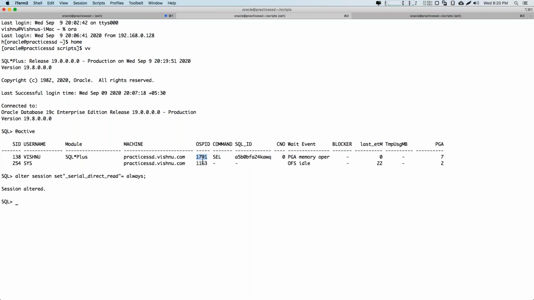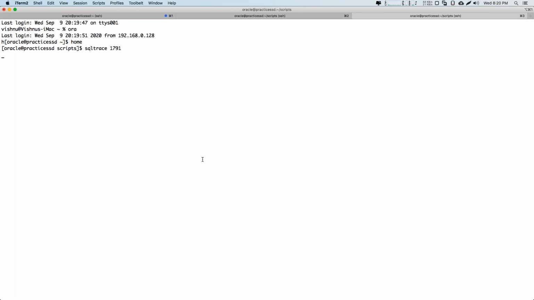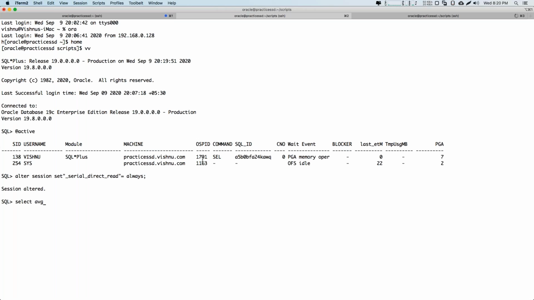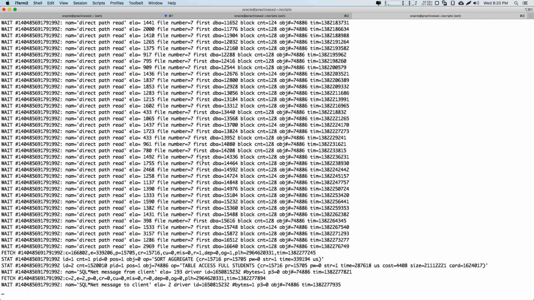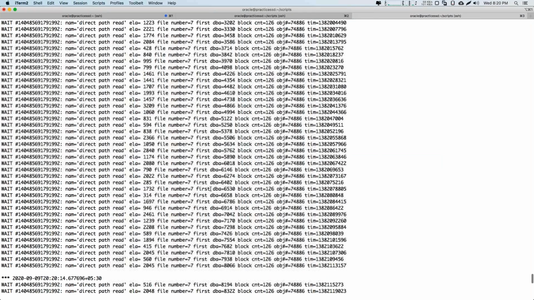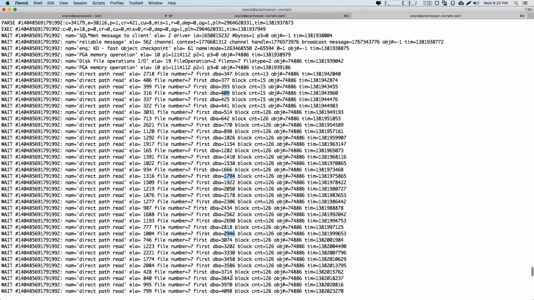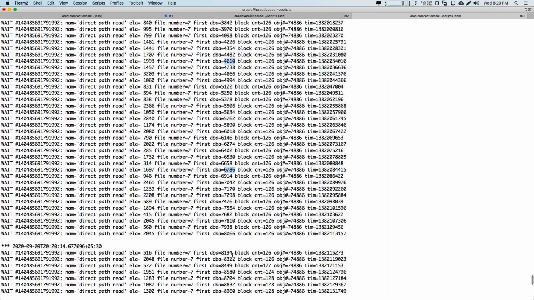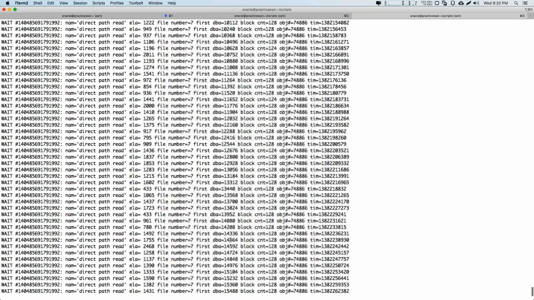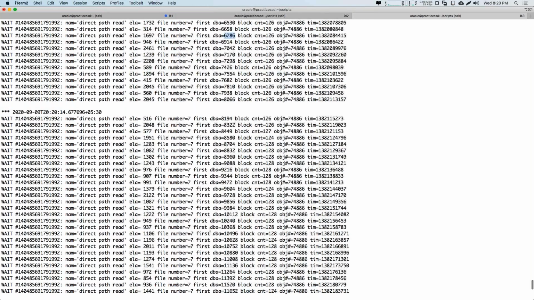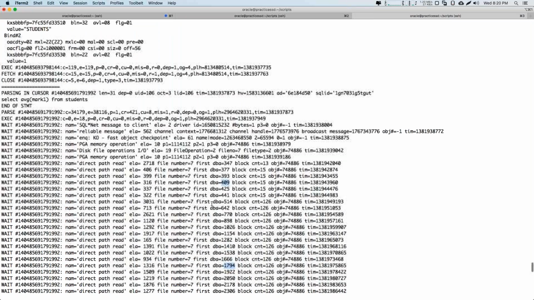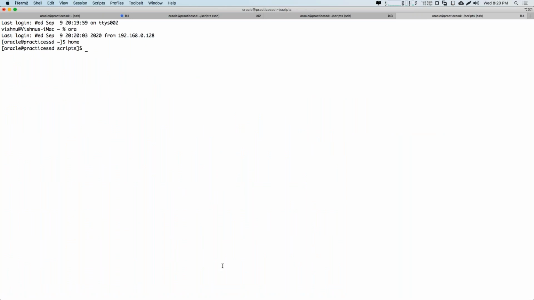Now, let me perform an SQL trace here. Select AVG of Mark 1 from students. This is the default order, guys. So, can you observe the block numbers, everyone? Aren't they continuously increasing? Yes, it's in ascending order. Moreover, how can you say that I am reading in the exact order? We don't know, right? So, the simplest way to do that is,